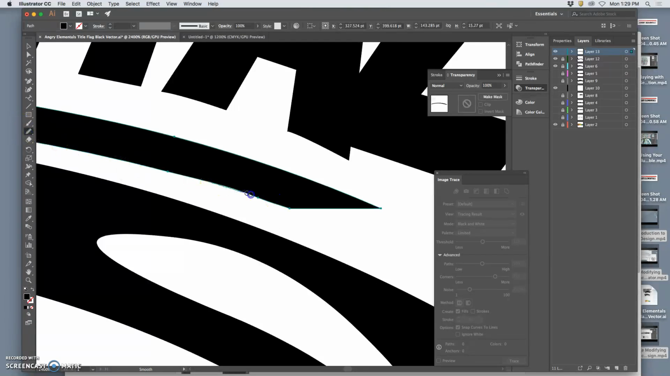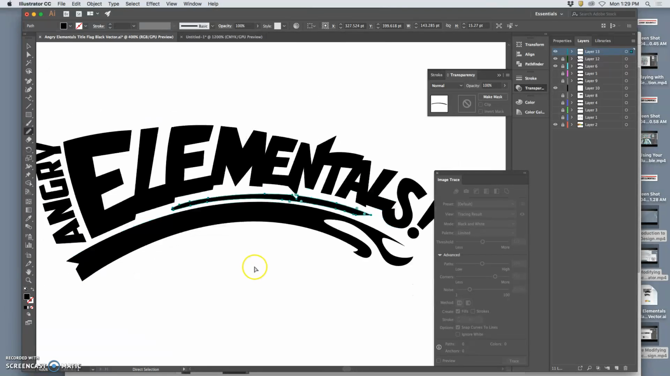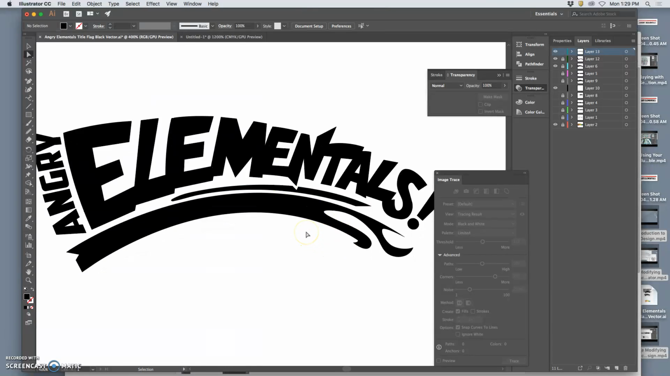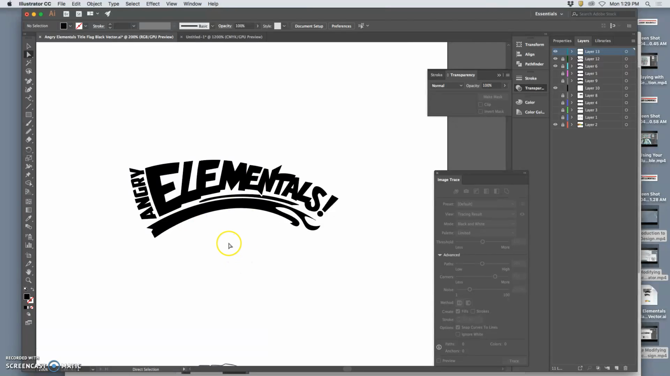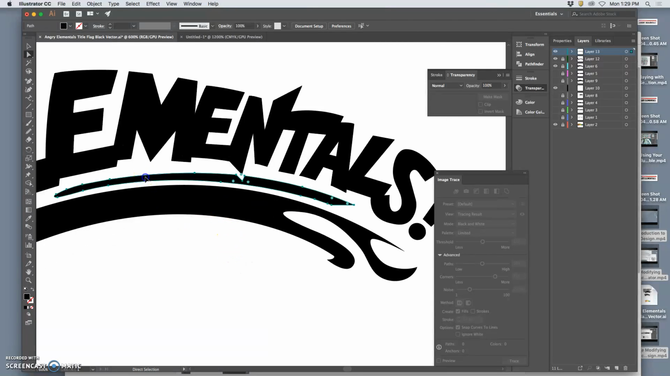I think it heightens the reading of the type a little bit in a way that I like. So even without white outlines, it looks more dynamic. Now what I can do is use the large selection tool and play with this